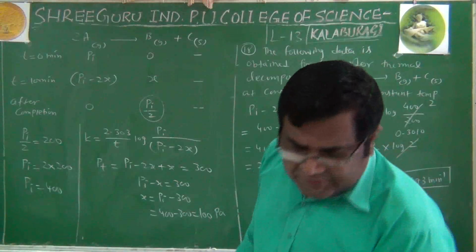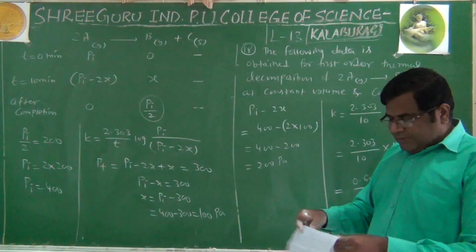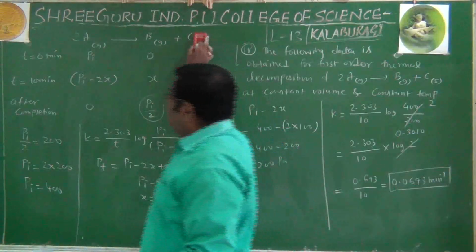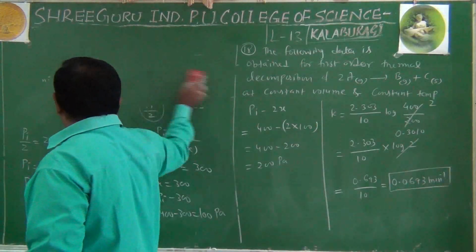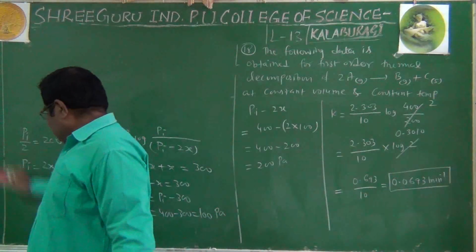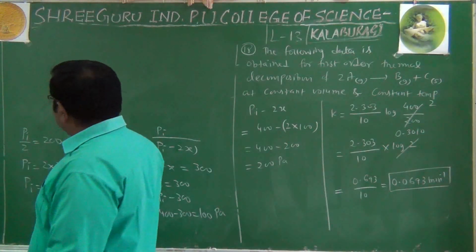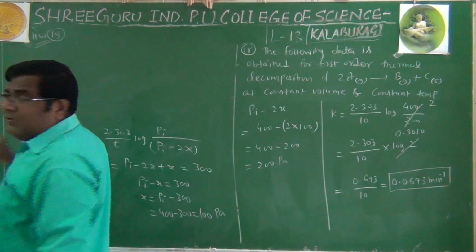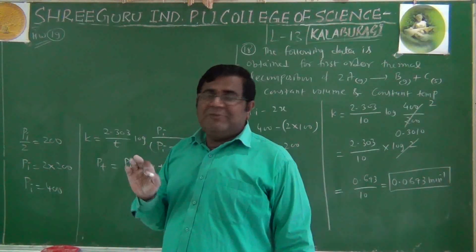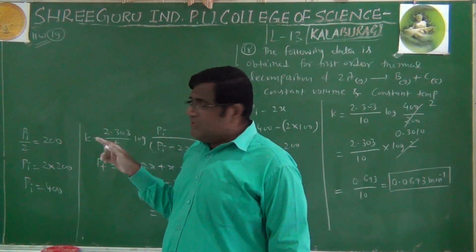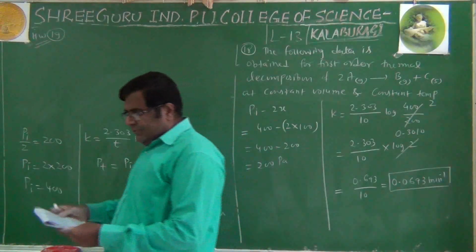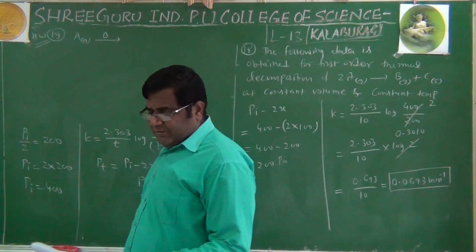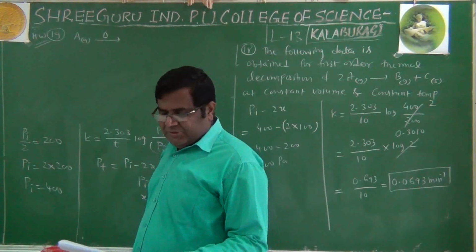One last question I will give as homework, and today's class will be complete. But if you are not understanding this question, again I am asking you to make this concept clear. Now this is question number 19, the last question and homework question. Remember, if you solve this question, it is very good. It means you are understanding this concept. Again, this question has been asked in the KCET examination, but it can be asked in NEET also, because these are very standard questions. KCET is also a standard examination, by the way.